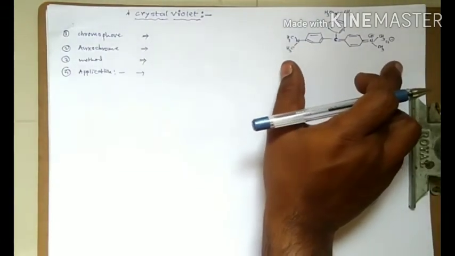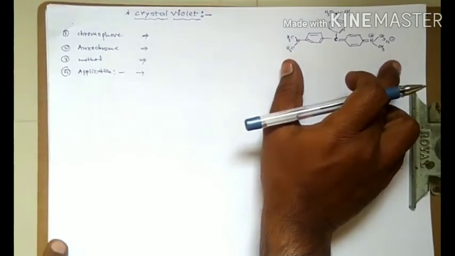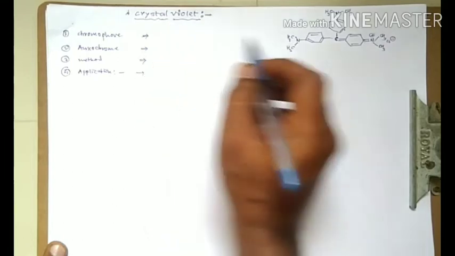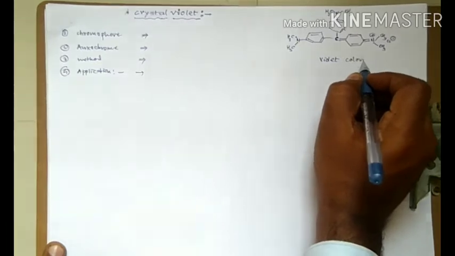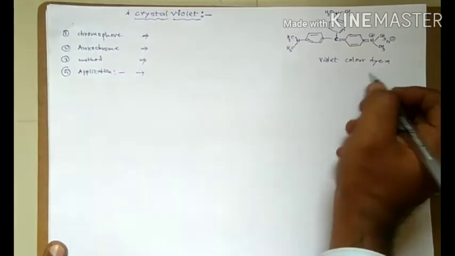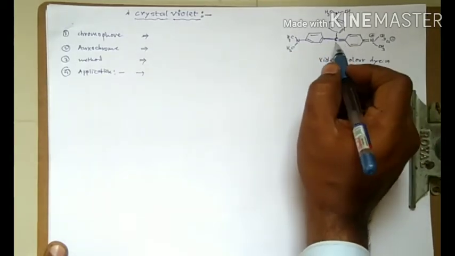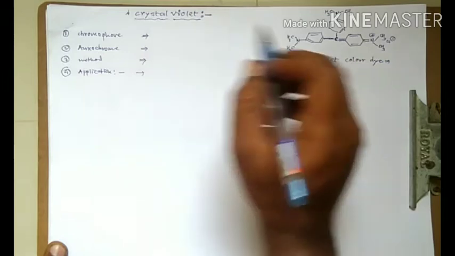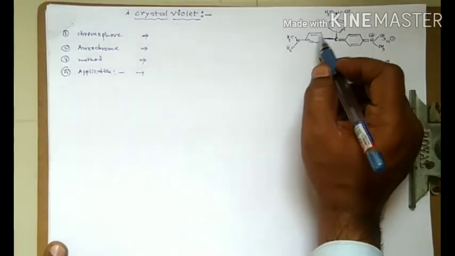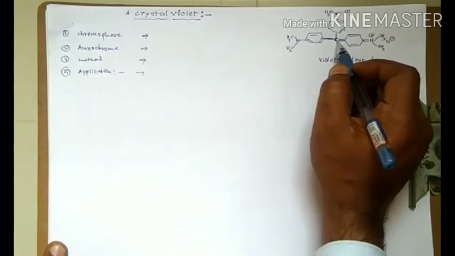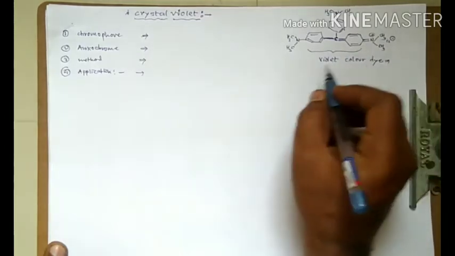Now, let us look at the structure of the crystal violet dye, and the color of the dye is what the name implies, violet color. It is a violet color dye. What is a chromophore unit? Chromophore is an unsaturated group, like this one benzene ring, 2 and 3, which is connected with this central carbon atom. So triphenyl methane is the chromophoric unit here.